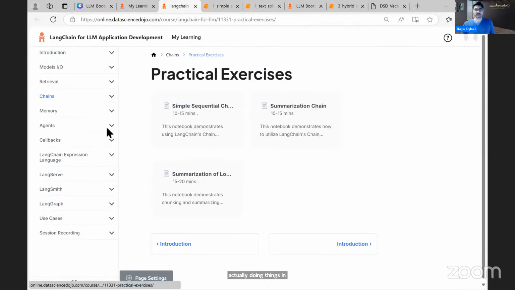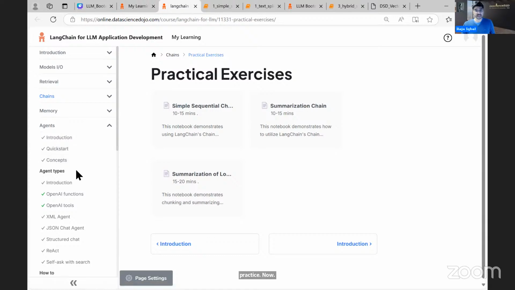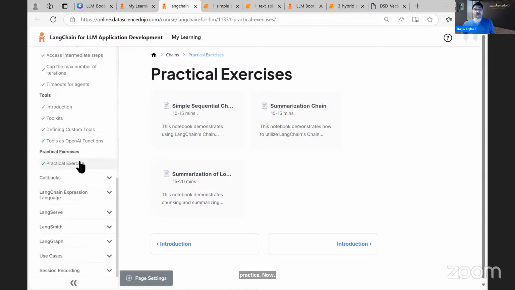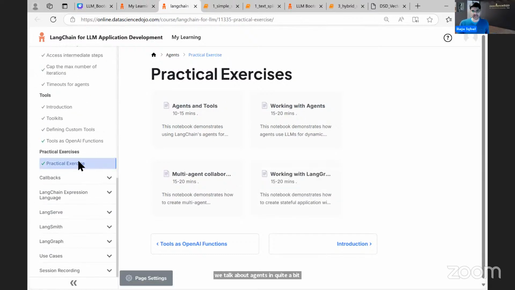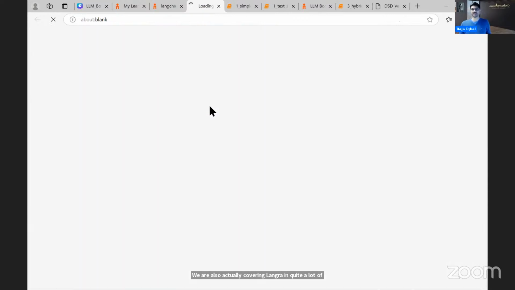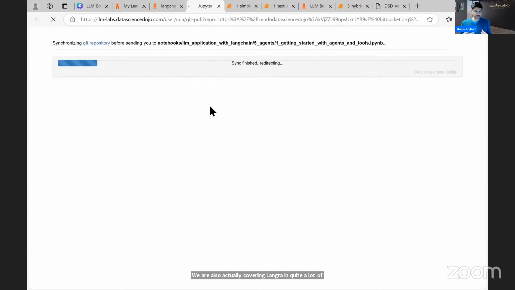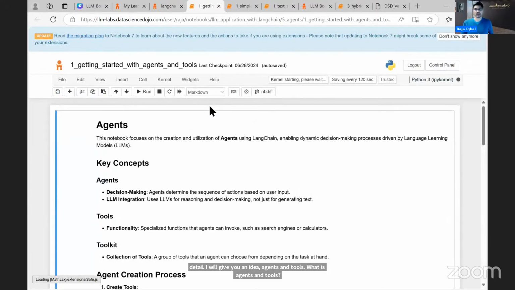Now, we talk about agents in quite a bit of detail. And as LangGraph is becoming more popular for building these agentic systems, we are also covering LangGraph in quite a lot of detail. I will give you an idea, agents and tools. What are agents and tools? You basically have different tools.